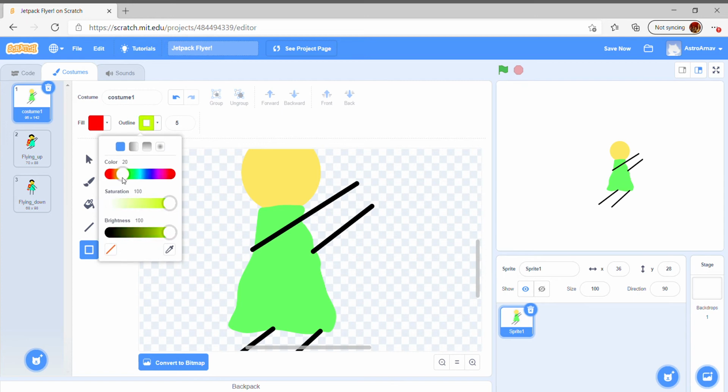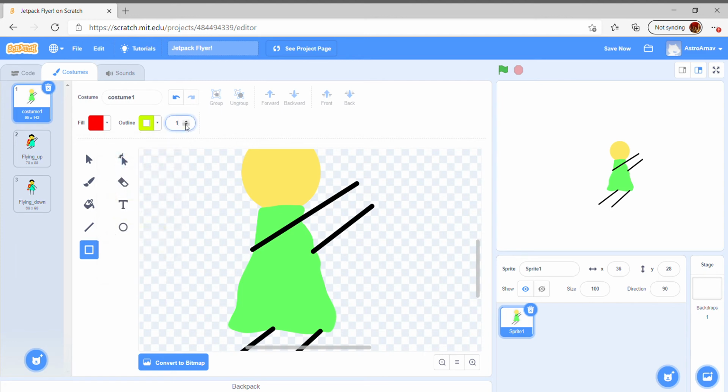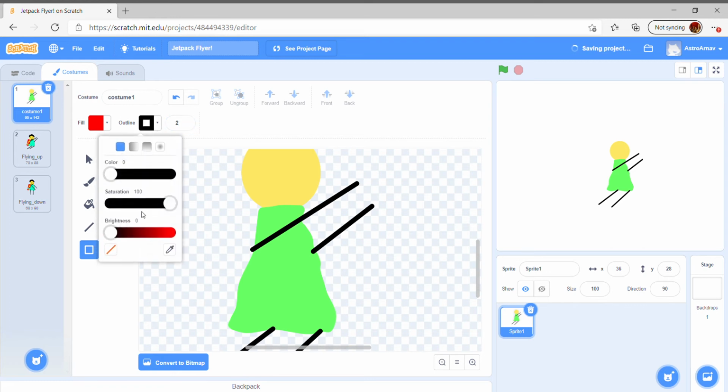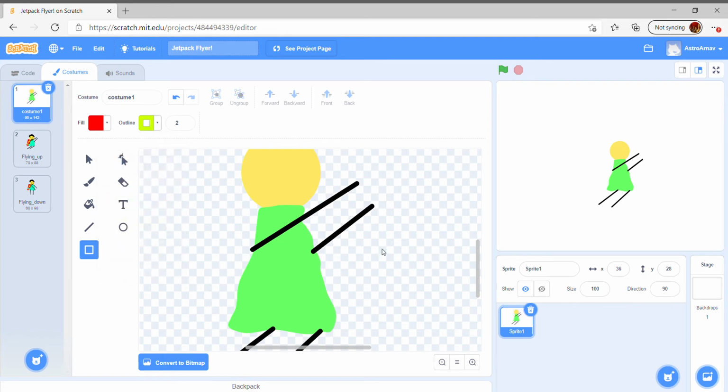There you go. And make the outline a little shorter, about, a nice outline would be 2. And if you accidentally set it to 0, it might have reset your color back to black. But it's okay. So set the colors